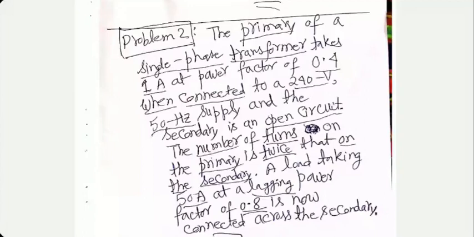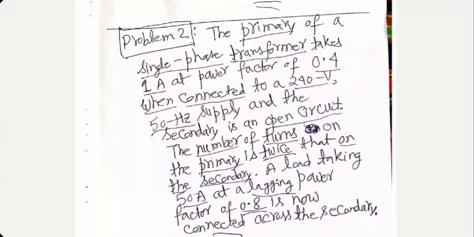secondary winding. I have told you in the past that even if nothing is connected to the secondary winding, the core still needs energy to keep the transformer going. So some current would still be drawn from the primary terminals. We call it no load current or magnetizing current, so many words for it.